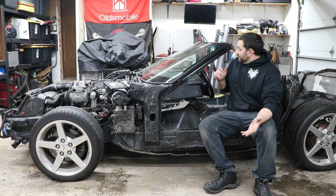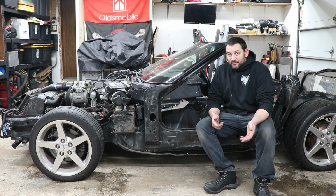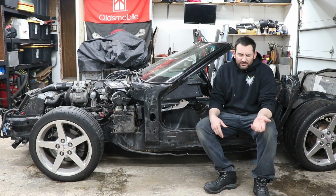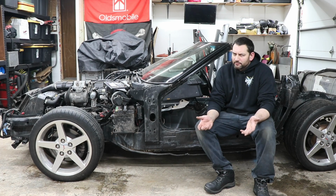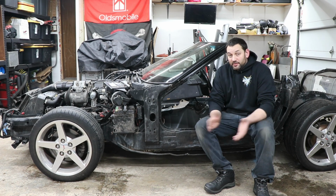And then I go to start it up to move it today because we had a different project in here, and it was clicking like the battery was dead. So we had the jumper on it, and it'd get it to crank, but then it was intermittent. I crawled underneath it. The cable was a little loose at the battery, kind of weird, but whatever. Tighten that up, and then it would crank and crank and crank, and we couldn't get it to